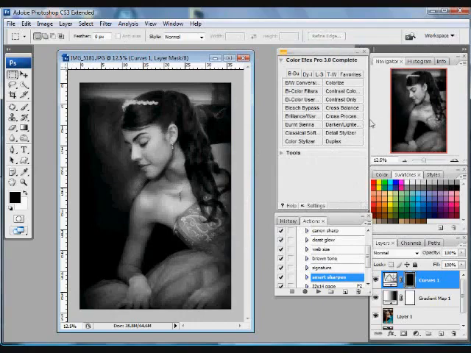Now before starting the next step, I'll make sure that my swatches are open. I'm going to click here on the last swatch, which is dark warm brown. Click